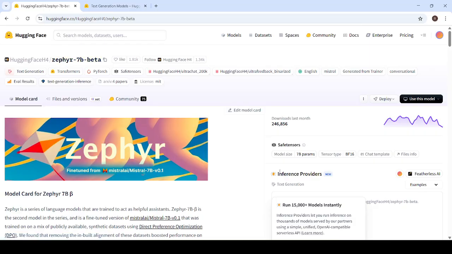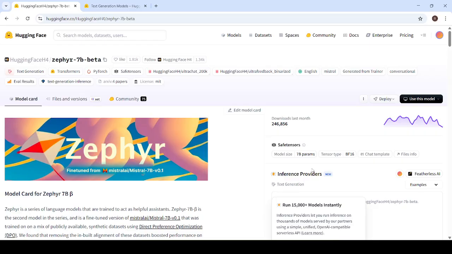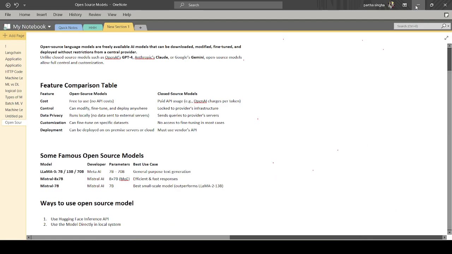Okay, you can see the parameter of this model is 7 billion. It's very low. You can also use this one, but the parameter is very high, 685 billion. It's a very high parameter model. But today we'll use only this small model, 7 billion parameters. Okay, for that we just go to the